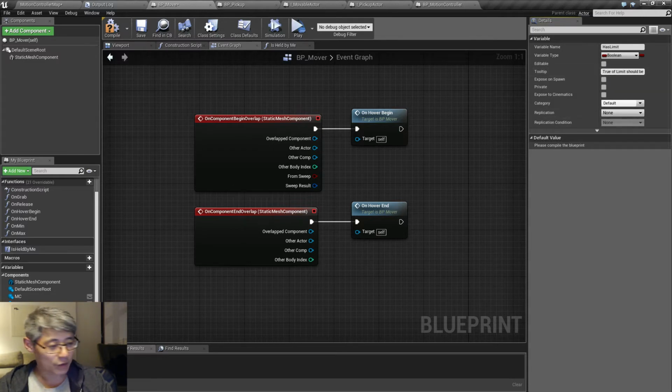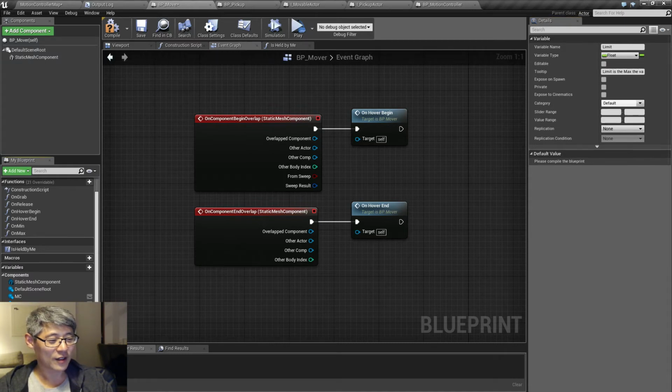Okay, so it says true if limit should be enforced. Okay, and limit is the maximum the value can be. Let me just check what I had for that. Okay, I actually added something other to this. I'm just going to copy that in. It's just going to be so much better. This point here. It says,